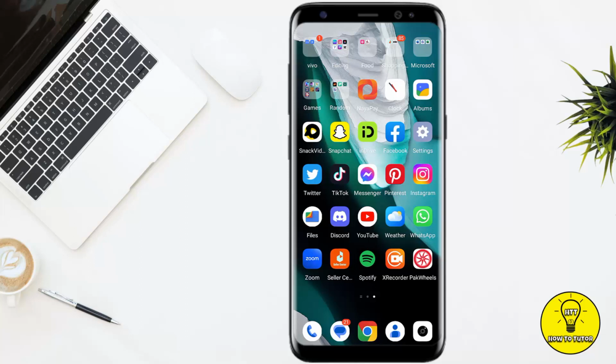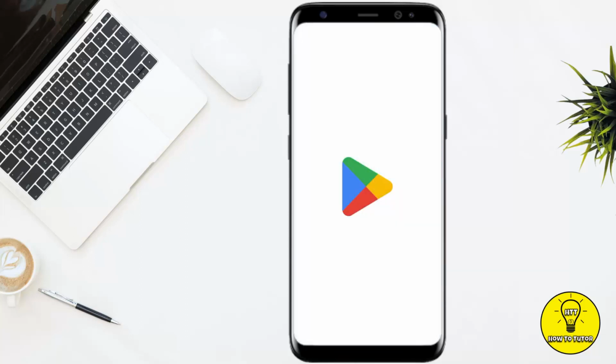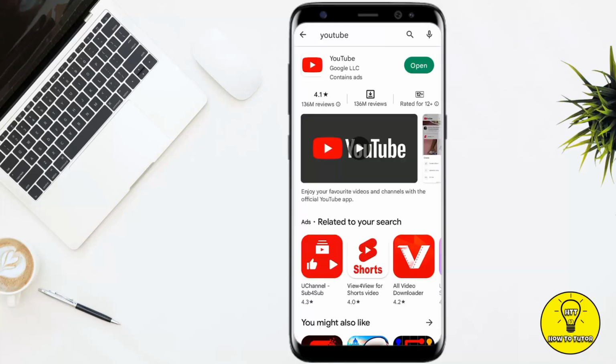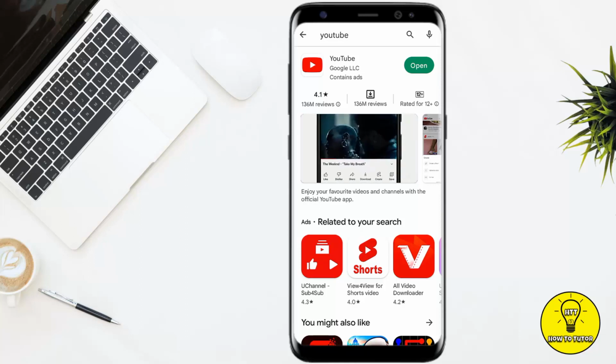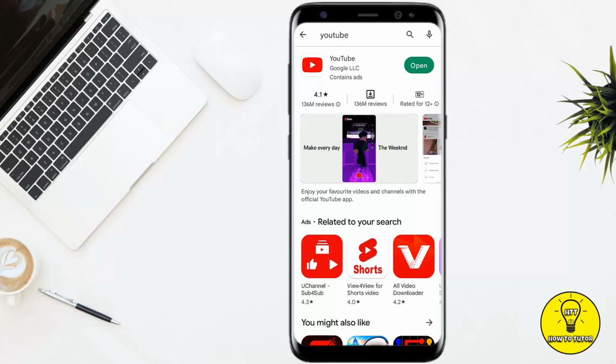First of all, you have to make sure that you are using the updated version of YouTube. For this purpose, you simply have to tap on your Google Play Store, and at the top in the search bar you simply have to type YouTube. Now at the right next to YouTube, it will either say open or update. If it says open like mine, which means that you are using the up-to-date and latest version of the YouTube